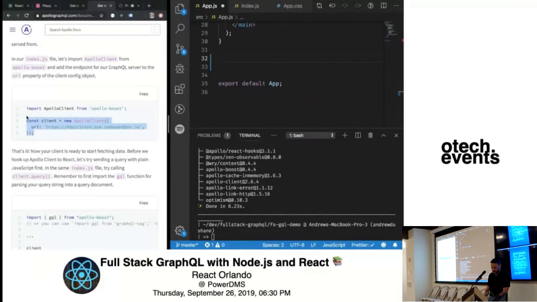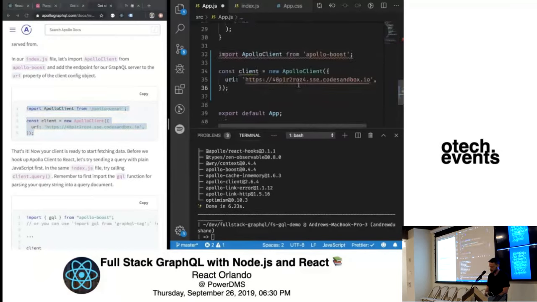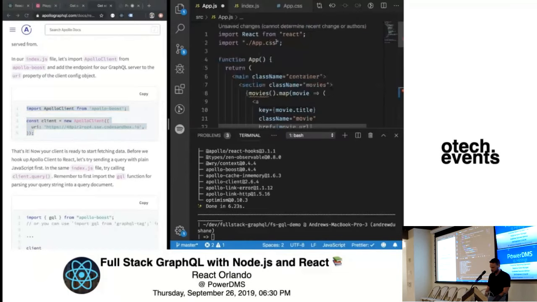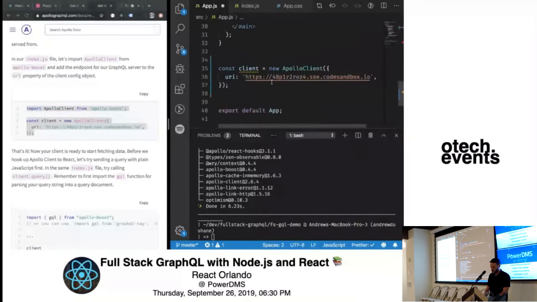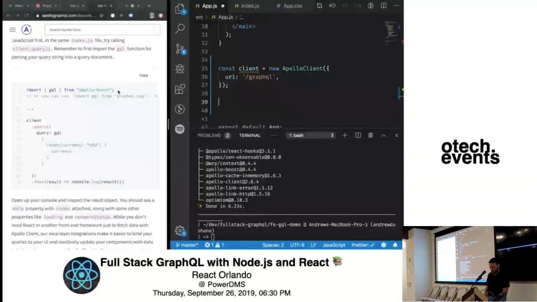So let's use our handy-dandy technique of copying things. This goes up here. All right. Now our URI, we don't want that. We just want /graphql, which I believe is just the default if I did nothing here, but for clarity's sake and possibly not being the case, let's do that.